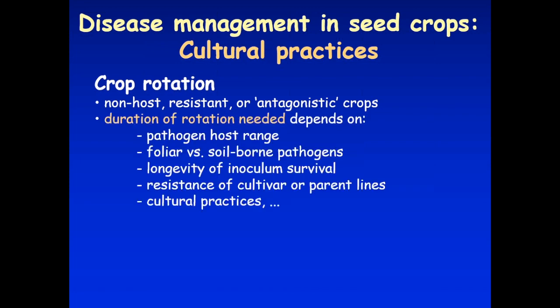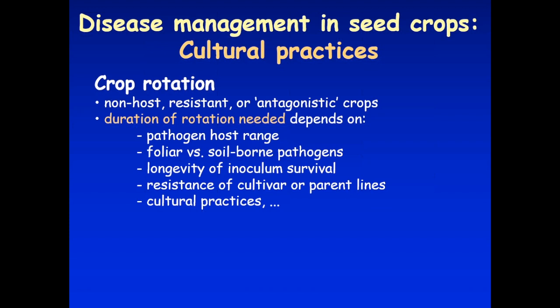This obviously is dependent on the host range of the pathogen. Jody mentioned Sclerotinia sclerotiorum, which causes white mold and is extremely common on a wide range of hosts. It has over 300 plant species it'll go to. So you start running into a limitation on what you might be able to rotate with. It doesn't affect monocots. So if you grow a cereal or something along the lines that's not susceptible, and you put it in that interval, extend your rotation interval out to 4 or 5 years, that can make a big difference. Is it, as I mentioned, is it foliar or is it soil-borne?